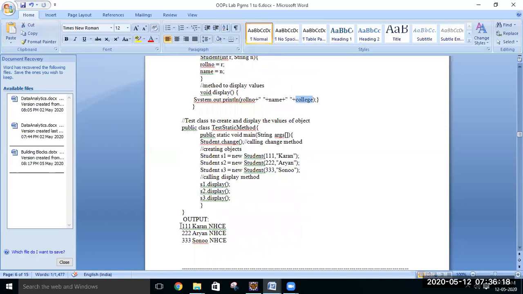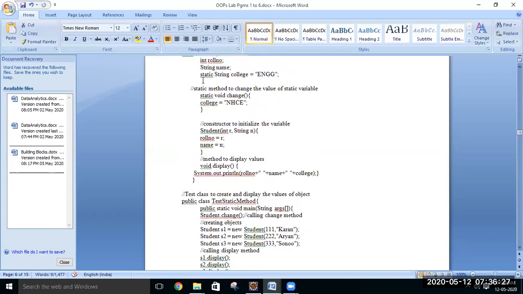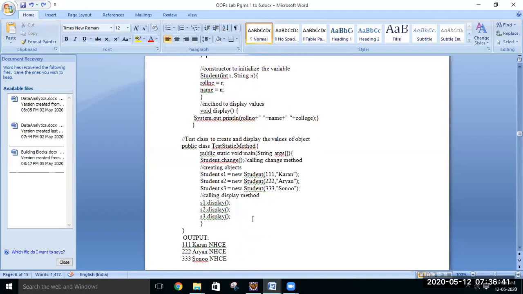So this will be the output. You can see the college name as NHCE for all three instances. The reason is that all three use the static variable, which has a common view for all the instances. We changed it from engineering to NHCE by invoking the change method. So that is this program.